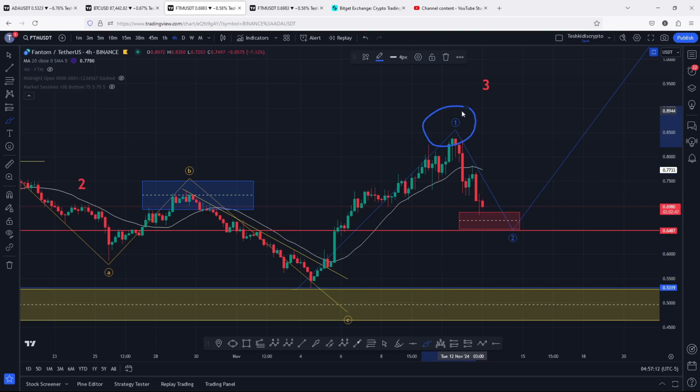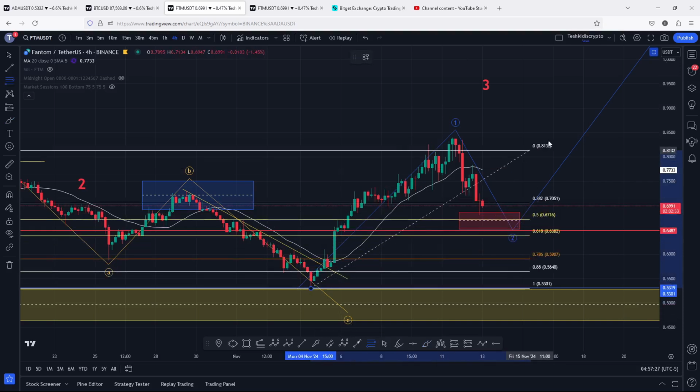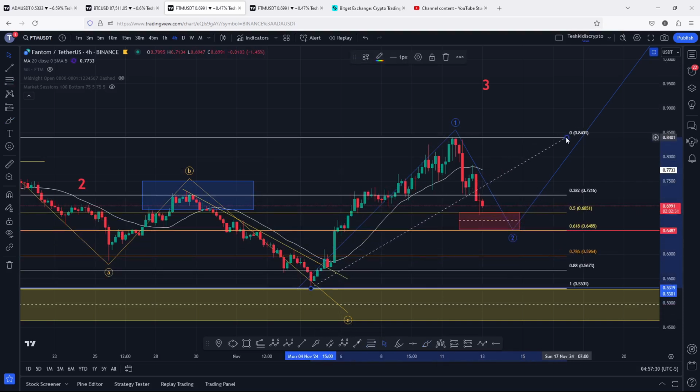And after we peaked in this wave 1, I was expecting that we are going to see a bit of a short-term pullback in an Elliott Wave count 2, whose minimum target areas can be given by connecting the Fibonacci from the low of the first wave to the high of that Elliott Wave count 1, giving me a minimum pullback target area for the second wave between the Fib level 0.5 and the Fib level 0.618. And that is between the 0.6851 and the 0.6485,